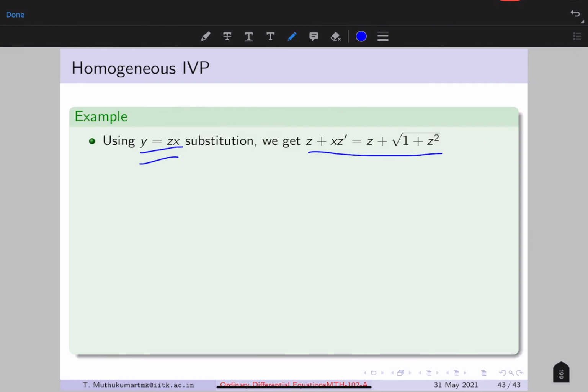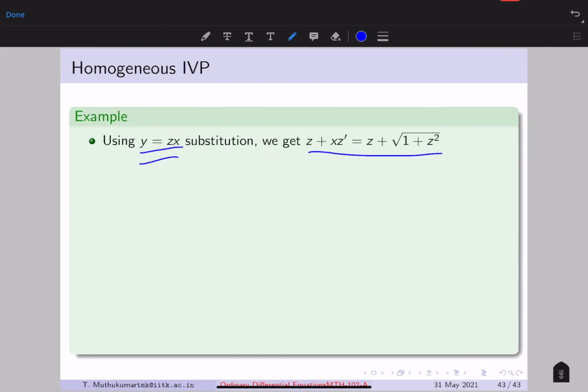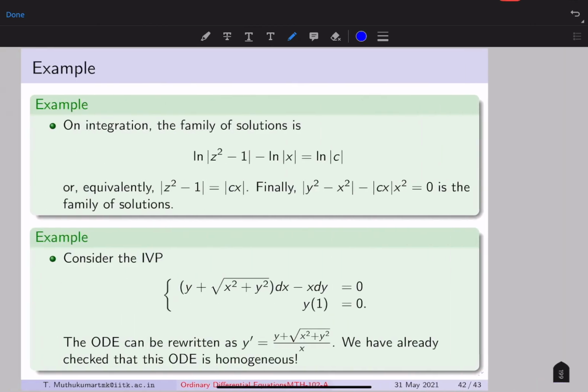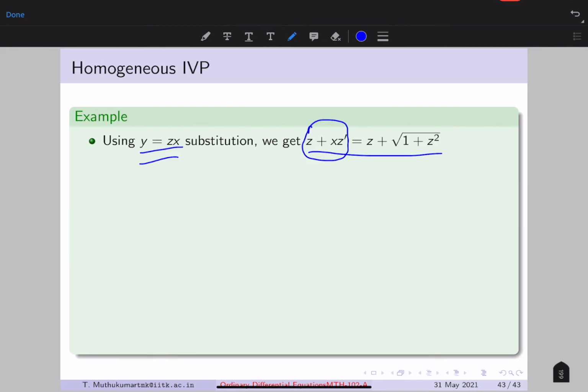If you notice, y prime will become whatever we have here by the change of variable, and this y by x will become z, and this will become 1 plus z squared. So when you do that computation, you will see that